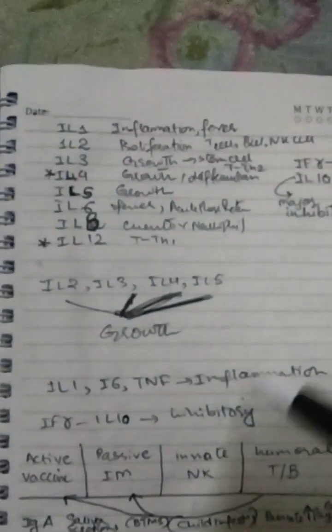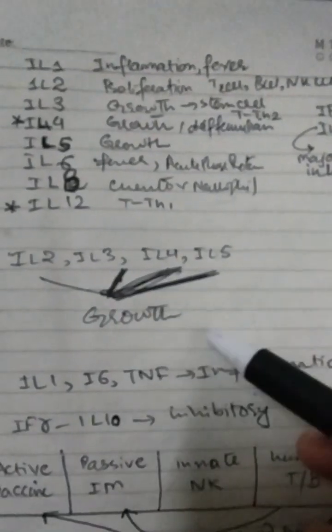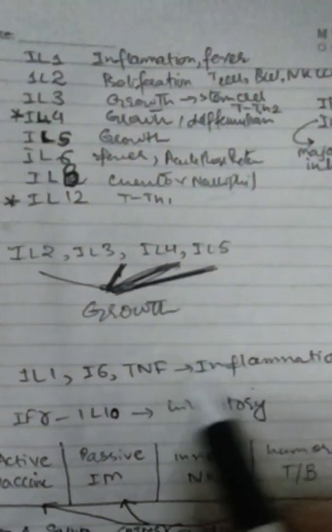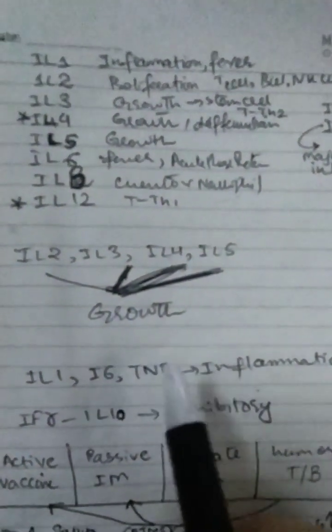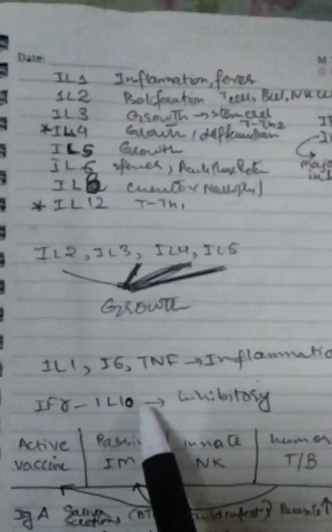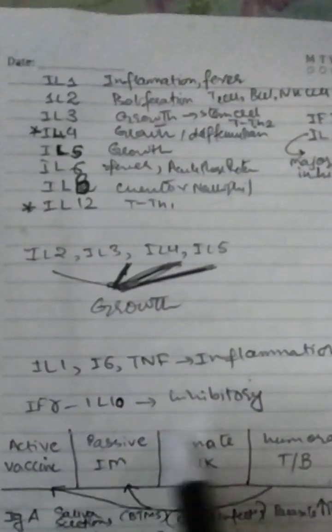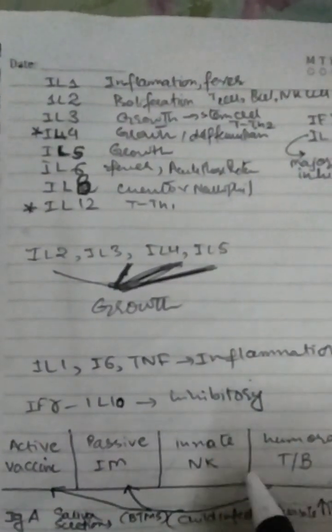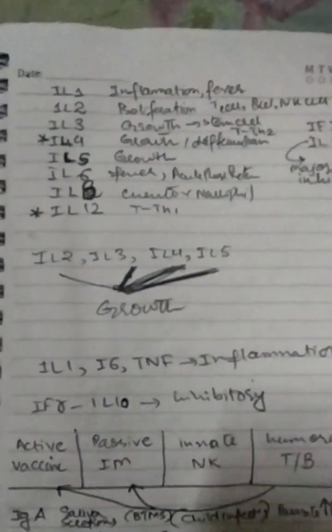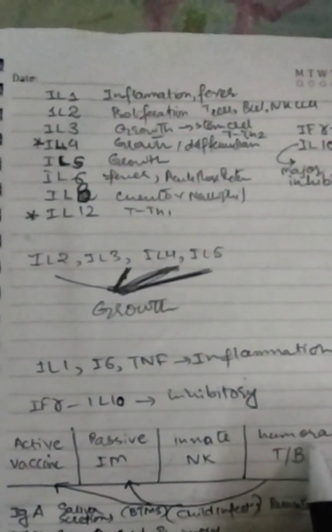If you are given the scenario that the patient is having malignancy or is having TB, then the tumor necrosis factor will be raised in malignancy and in TB. Okay, interferon and IL-10, I already told you that they are inhibitory. So now we talk about the immunities. What are the types of immunities? There are two types of immunities: innate immunity and humoral immunity.